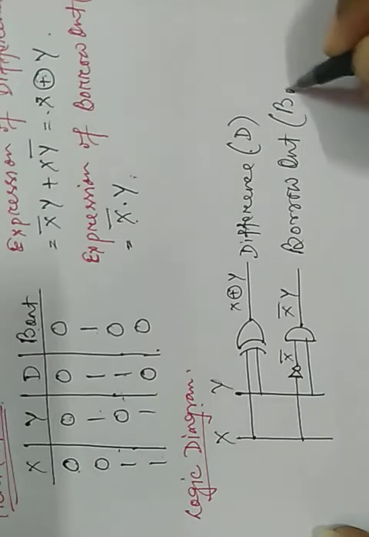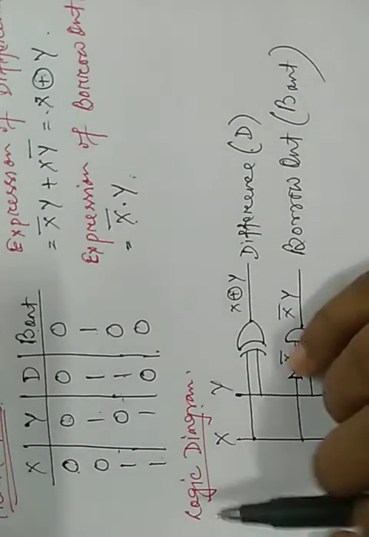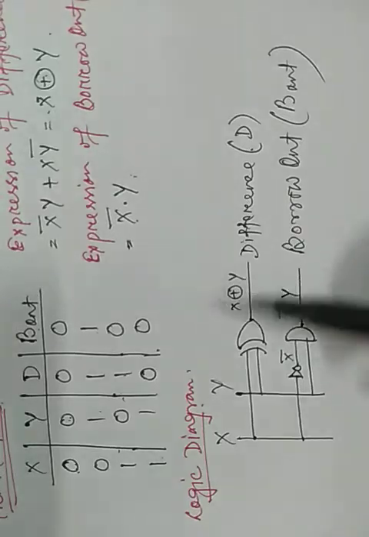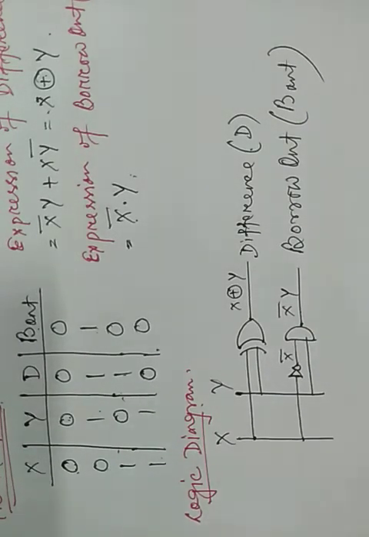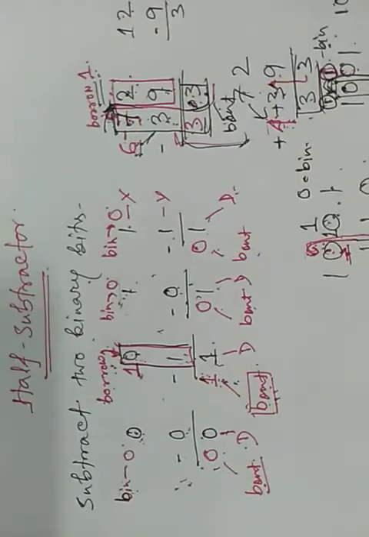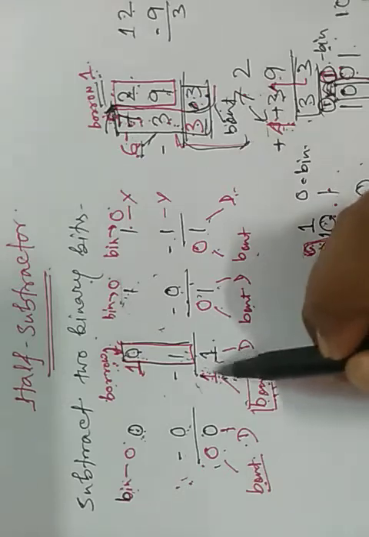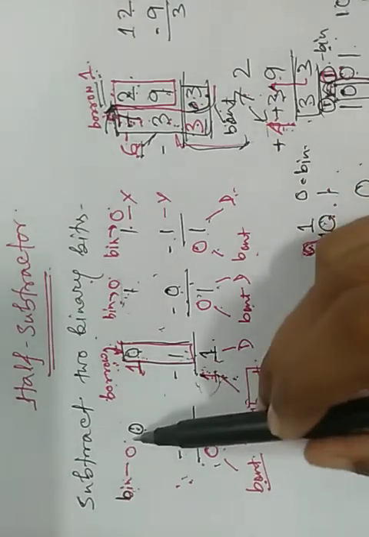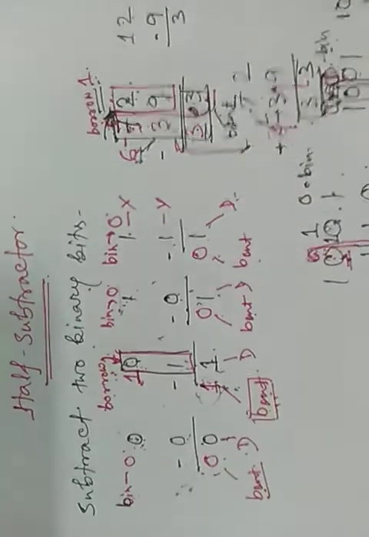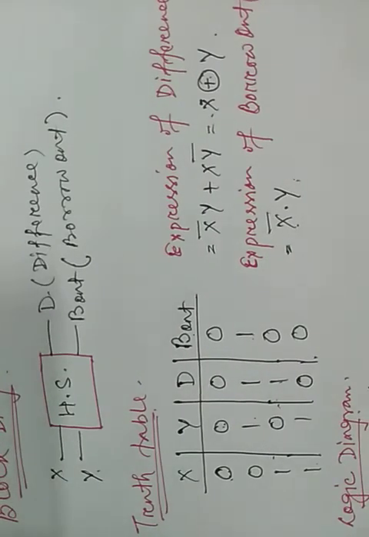D, B out. So the difference between a half subtractor and a full subtractor in the logic diagram is that there needs to be one extra NOT gate. Okay. This is how a half subtractor can perform operations on only 2 bits. So it cannot perform the operations on the borrow we get from the previous stage, which is used in the next step. This will be done in our full subtractor, which we see in our next video.